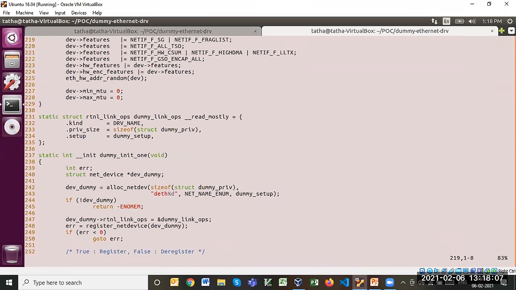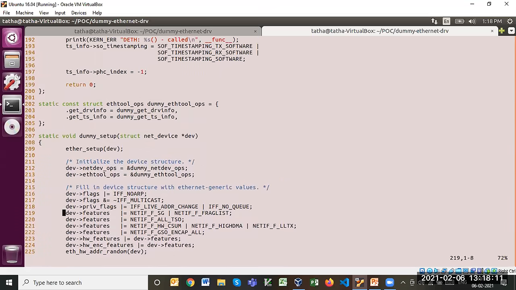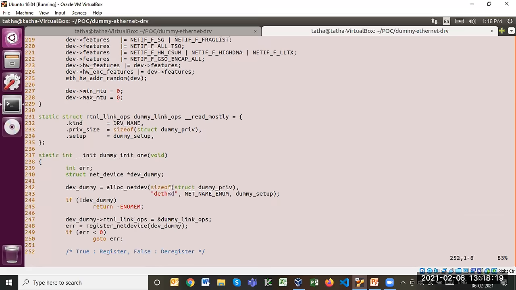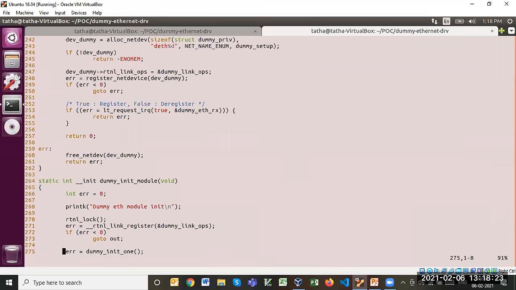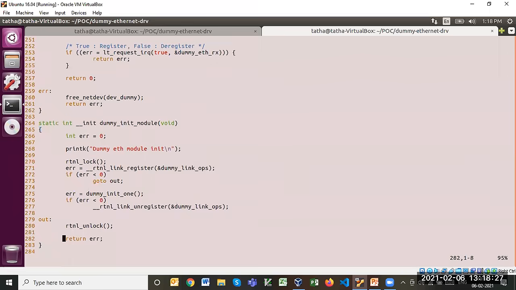I forgot the exact name. Through that one, the interface will be deleted.